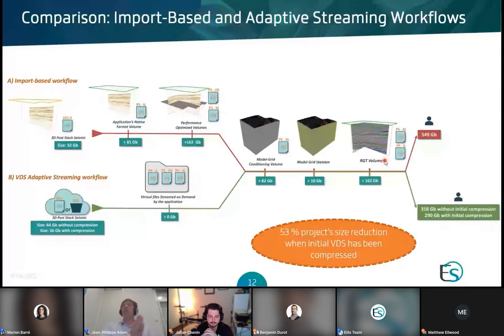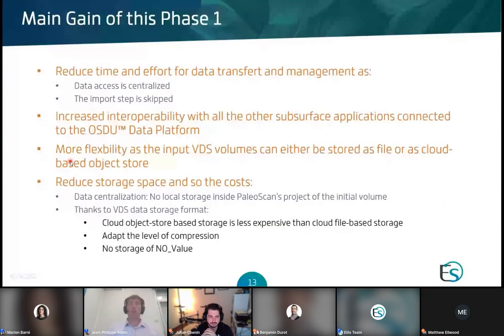Especially if you work in exploration with very huge volumes, very large data sets, 50% of the project size can be very important in terms of cost. As you can see, we just start with a volume of 62 gigs and we win more than 200 gigs of volume. It's really important. Just before we switch to a live demo,